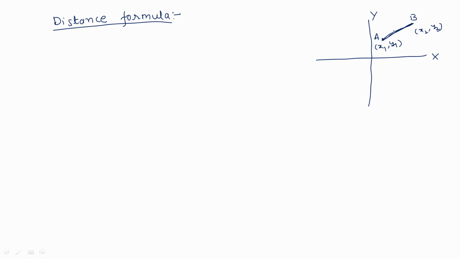So I am going to write directly the distance formula, and the derivation is not important for the class 10th basis. This is a small formula, so I hope students will learn easily. Let A (x1, y1) and B (x2, y2) be 2 points